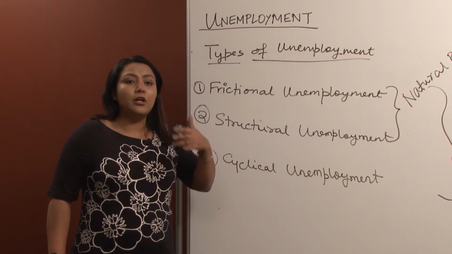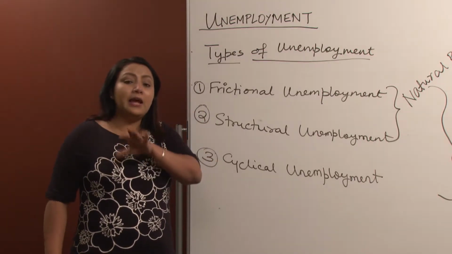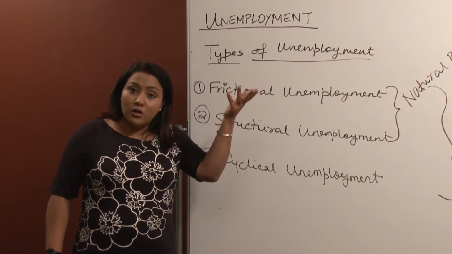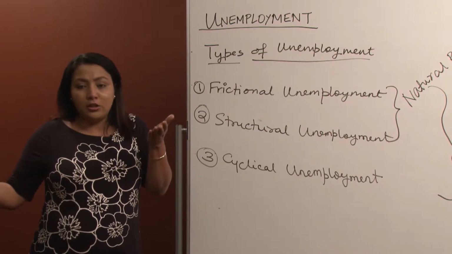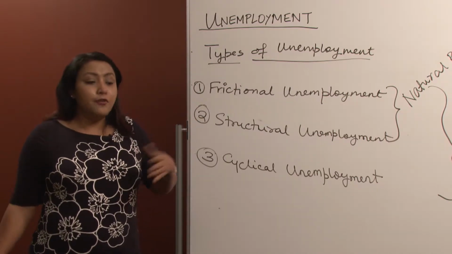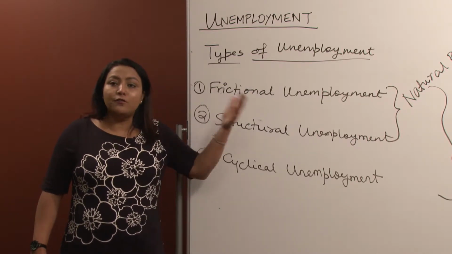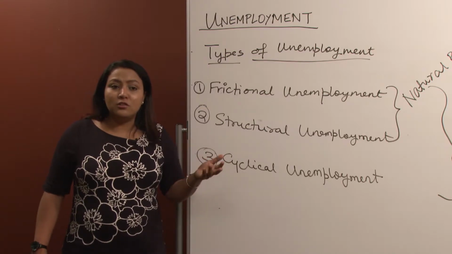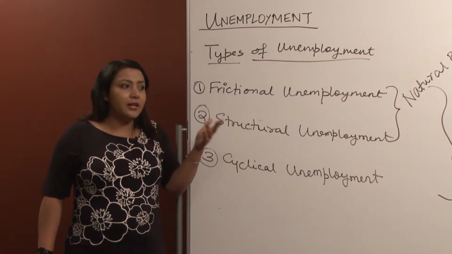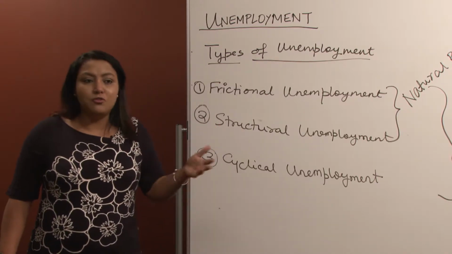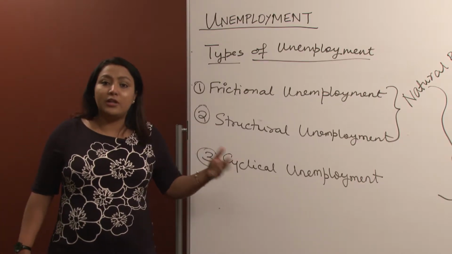Workers being thrown out of their jobs because they become obsolete, or their skill set becomes redundant, and they get replaced by either more superior workers, or they get replaced by machines and technology, or let's say robots, right? For example, you may have heard about the IBM Watson. There's a big deal, there's a lot of discussion about IBM Watson taking away jobs of doctors, performing surgeries, and they say that Watson is also going to take up jobs of teachers. Artificial intelligence is going to come in, and it's going to take up all these jobs.